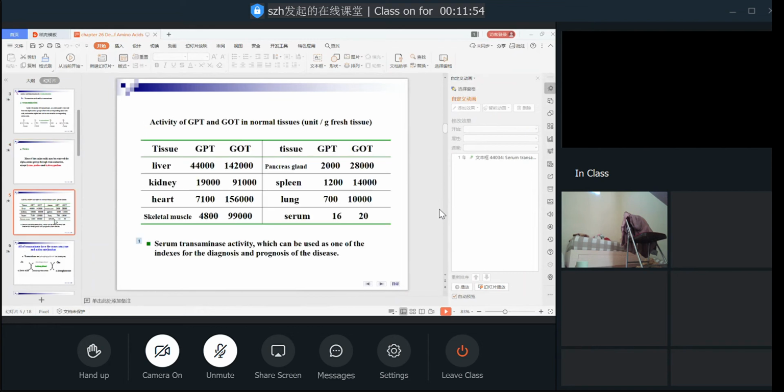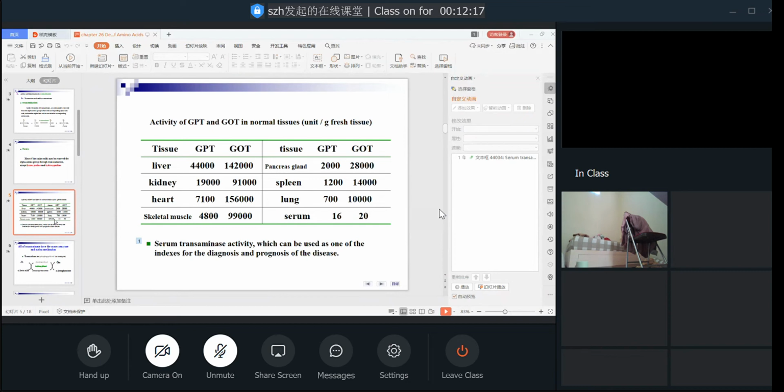Through this kind of transamination, in our body, the GPT and the GOT in normal tissue, especially in the liver,